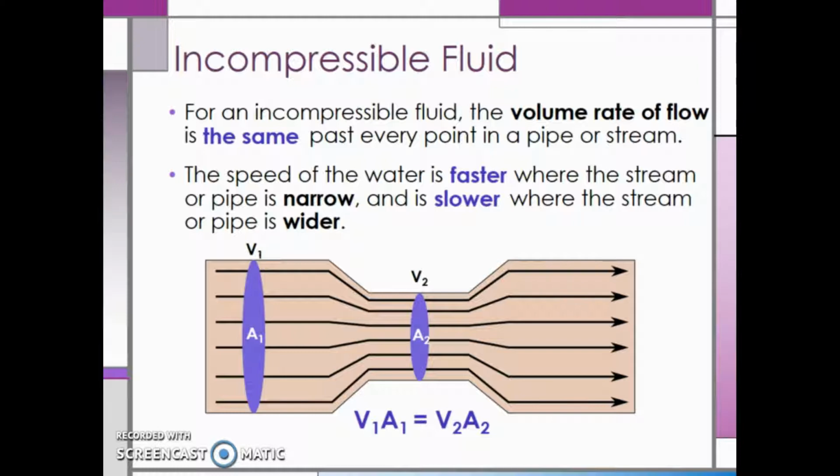This makes sense if you have ever taken a hose and placed your finger over the end. The water seems to shoot out faster than if you just let it run out the end. Since you are restricting the hose, the speed of the water must be faster in order to keep the volume rate of flow constant. This means that V1 times A1 is equal to V2 times A2. The speed multiplied by the area is constant in an incompressible fluid system. If V1 increases, then A1 decreases, and if V1 is faster, then A1 is smaller, since a smaller area gives you faster speed for the same volume rate of flow.